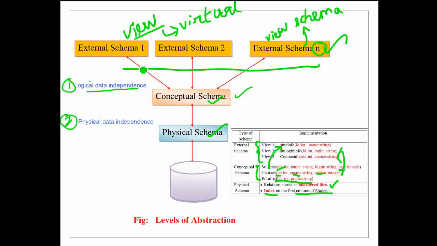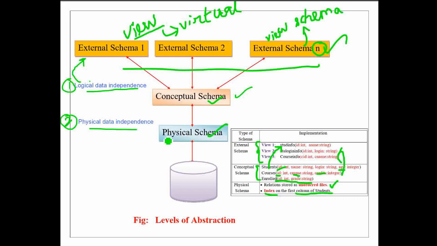And this logical data independence is used to separate the external level from the conceptual view. And this logical data independence occurs at the user's interface level. The meaning of this is that the external user can access the data while physical schema is getting modified by the database administrator.